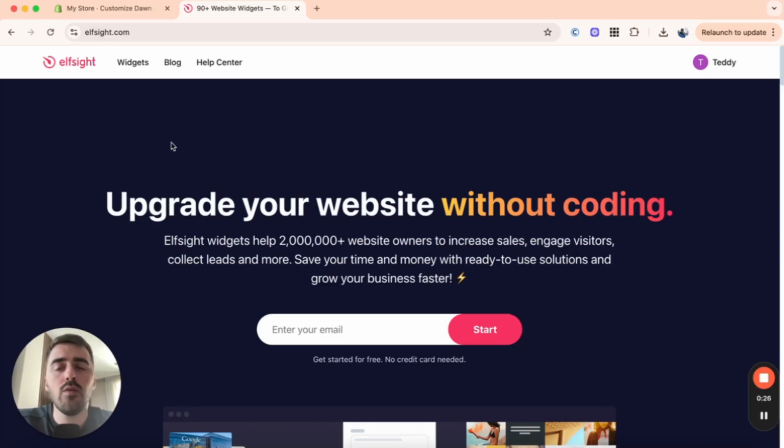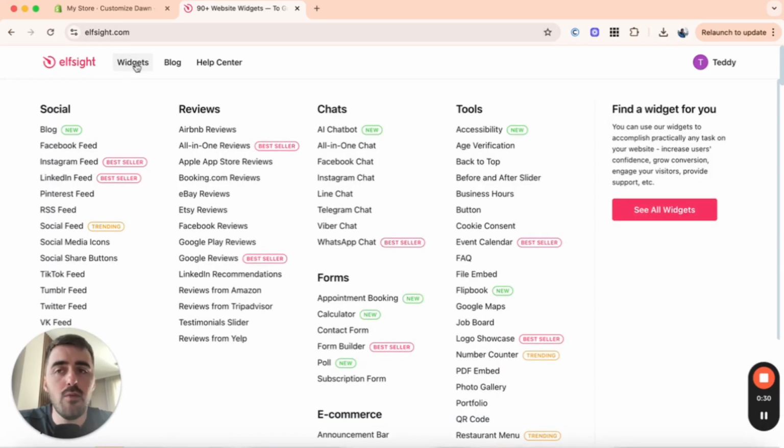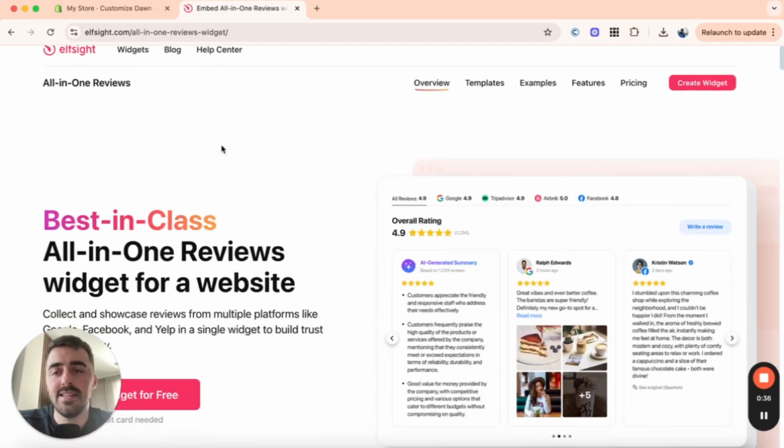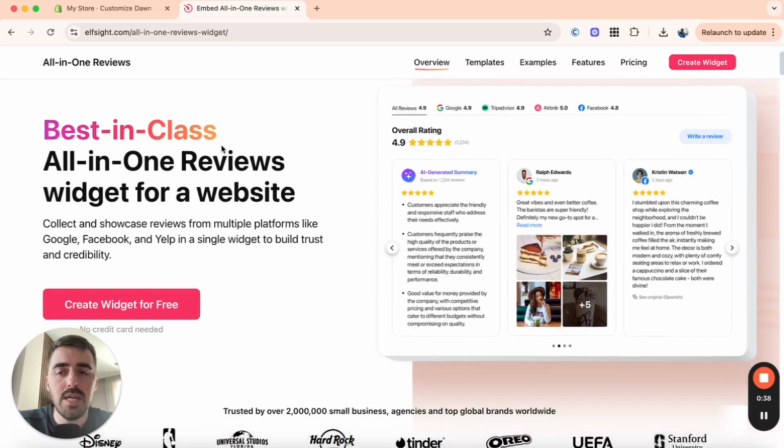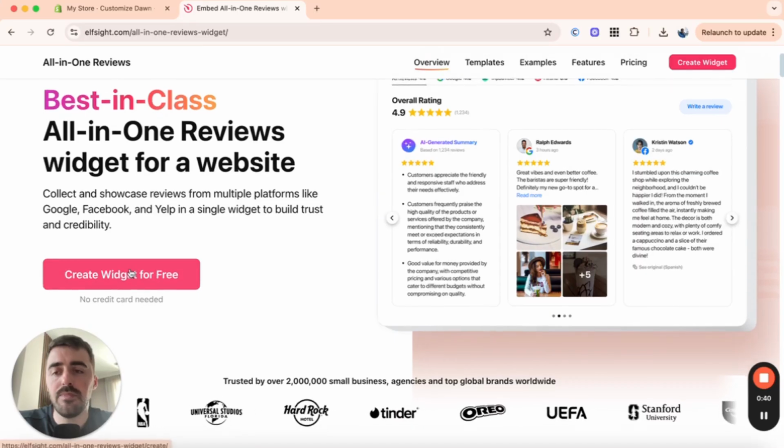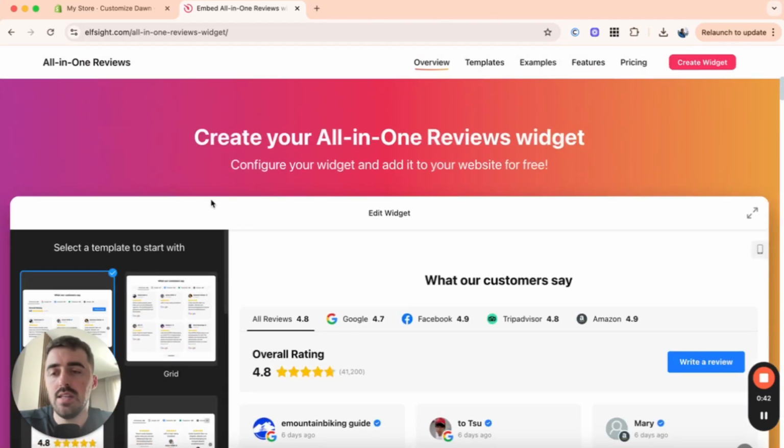From here, I want you to head over to the top of the page, which is where you will find this widgets button. Simply hover over it, and then underneath reviews right here, click on all-in-one reviews. Once you've done that, you'll be taken to the reviews page. From here, I want you to click on create widget for free, and then you'll be taken to the reviews